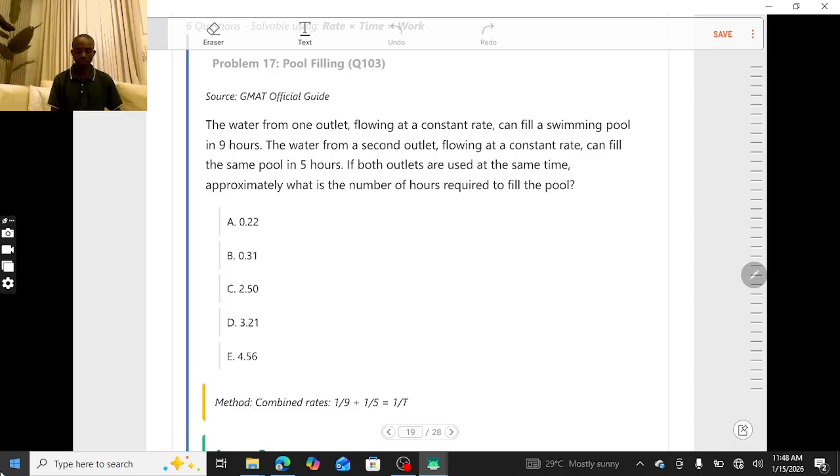The water from one outlet flowing at a constant rate can fill a swimming pool in 9 hours. The water from a second outlet flowing at a constant rate can fill the same pool in 5 hours. If both outlets are used at the same time, approximately what is the number of hours required to fill the pool? That's why I say that the type of question we solved before, saying 2 minutes and 4 minutes, are